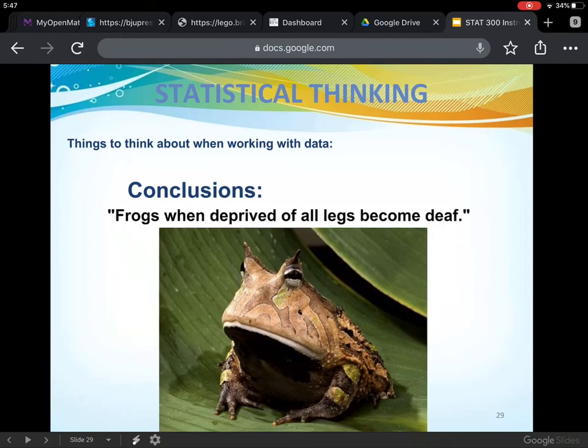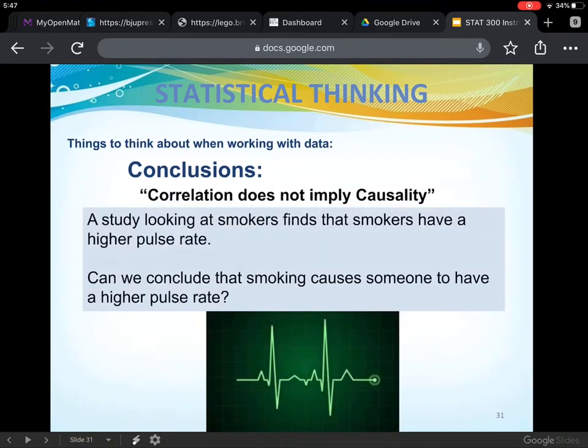Please make sure that when you're doing any kind of statistical analysis, you include statistical thinking. Make sure that you are coming up with a legitimate conclusion that's coming directly from the information that you've gathered from the data and what the data says. Speaking about conclusions, make sure that you don't make a causal statement when there isn't one, when there is just a correlation between 2 variables. For instance, there could be some correlation, but not necessarily causality, right?